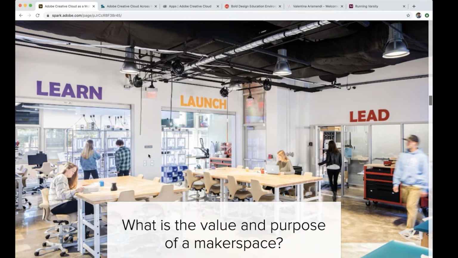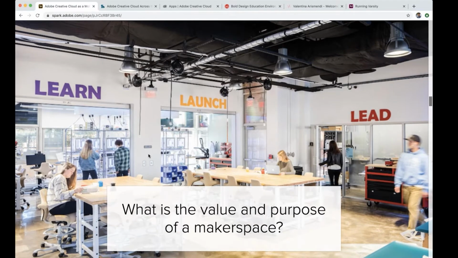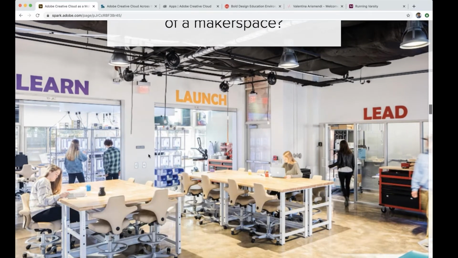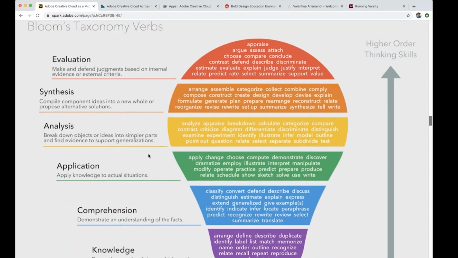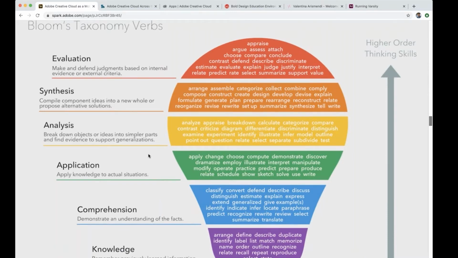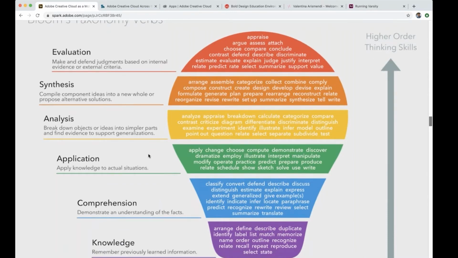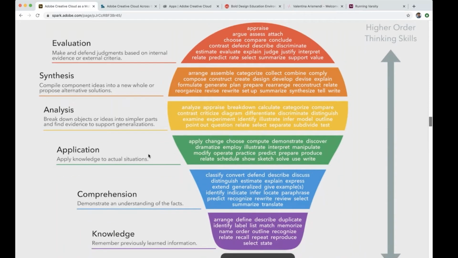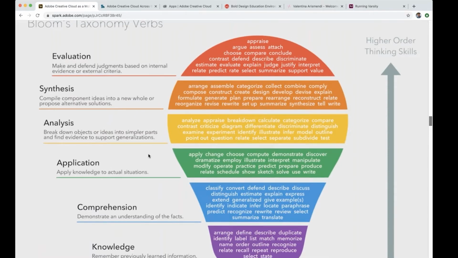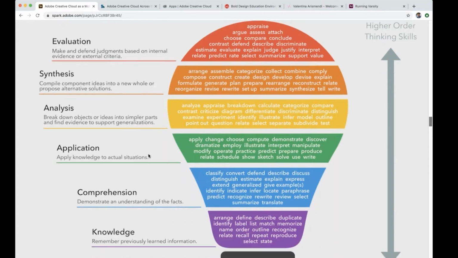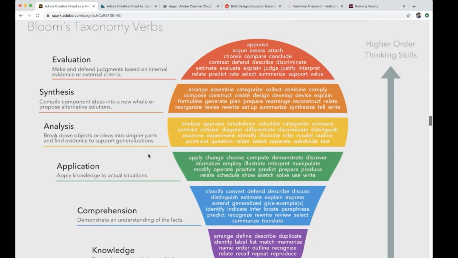I think the easiest way to articulate the value of makerspaces is to look at what's probably going to be very familiar to most of you, which is Bloom's famous taxonomy. I like this version of it because it's a light bulb, suggesting creativity and ideas. If you remember, the idea is that the higher order thinking skills build on lower order thinking skills, and that what education should ultimately do is drive towards those higher order thinking skills. It begins with knowledge consumption and comprehension. We might call that learning